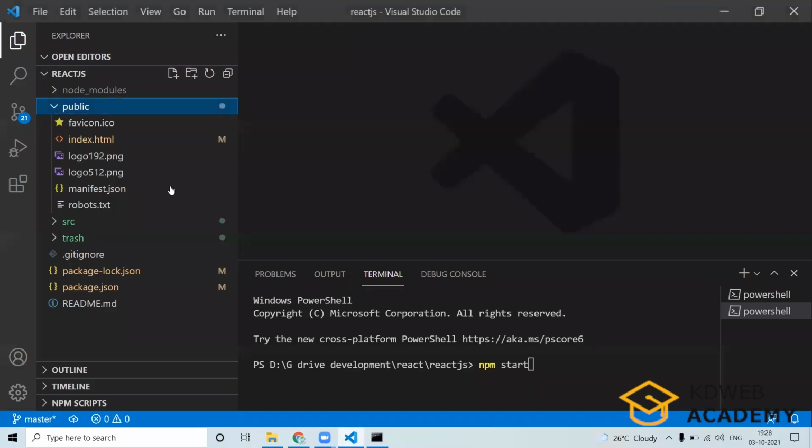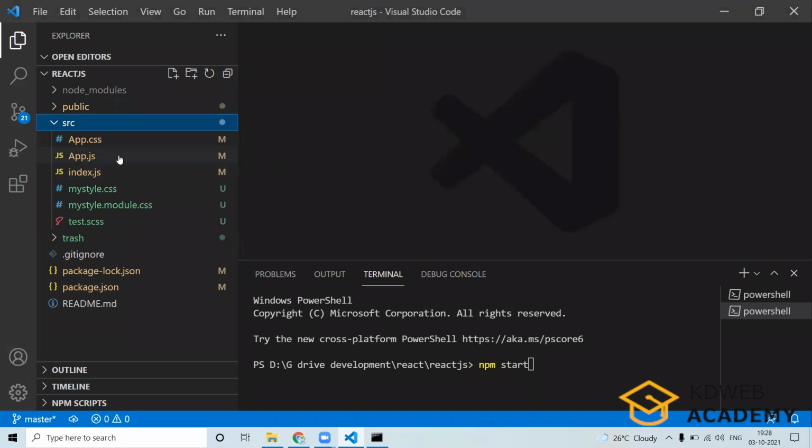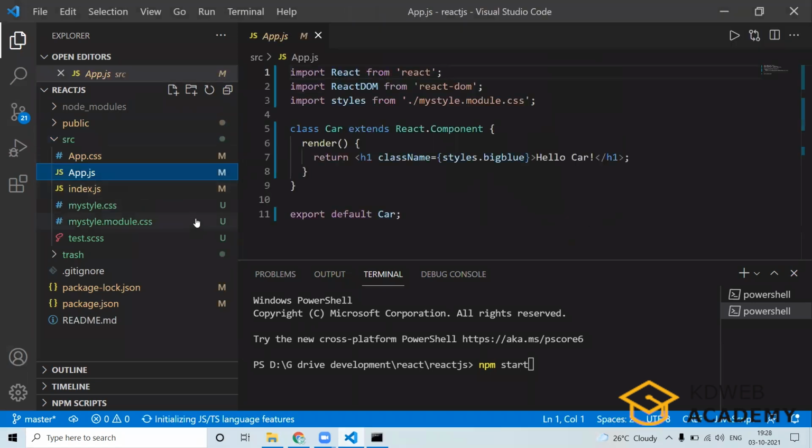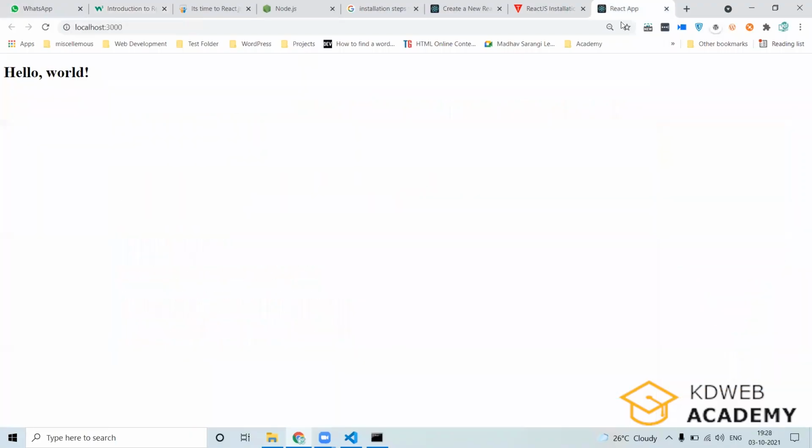So we will start with some coding part. I will explain where it is executed, and we'll get back to the tutorial again. So these are your main files. Okay, the index file is your main file from where your code is executed. Okay, I update this code and I save this file. Then it will